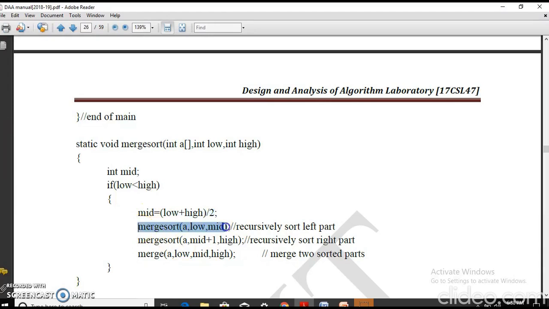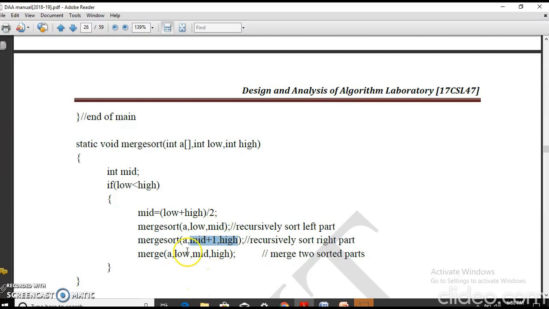Then sort the first half of the array, which ranges from low to mid, recursively by calling the function merge sort, and sort the right half of the array, the second half, which ranges from mid plus 1 to high, recursively by calling the merge sort. So these two recursive calls will now sort the first half ranging from low to mid and the second half ranging from mid plus 1 to high.